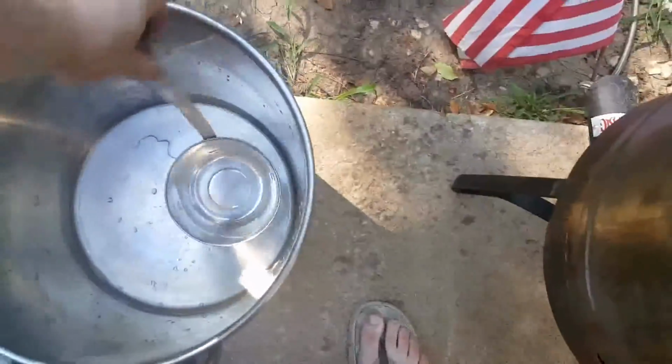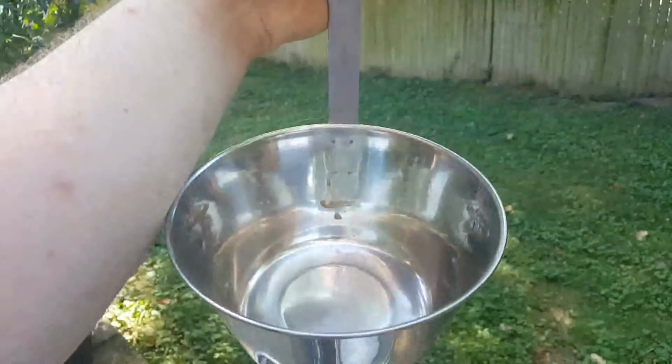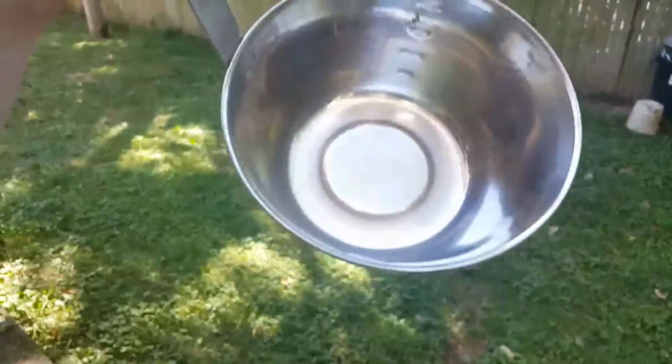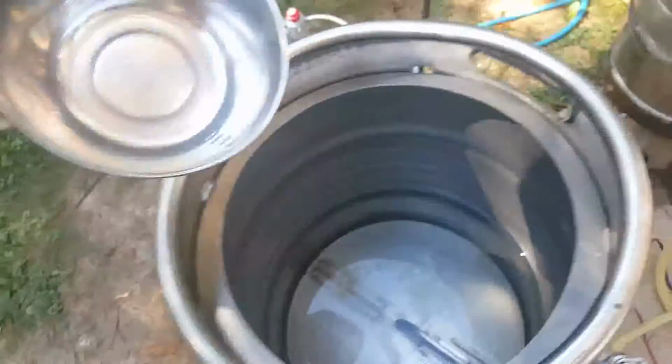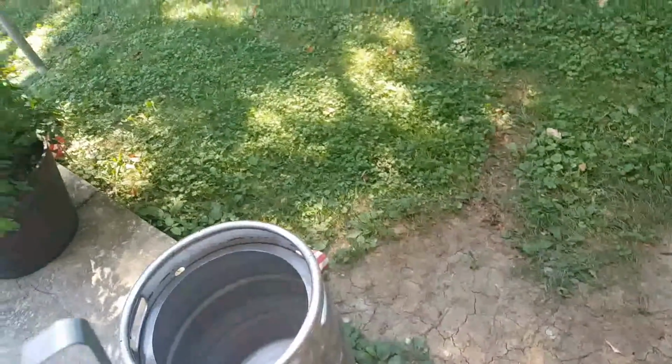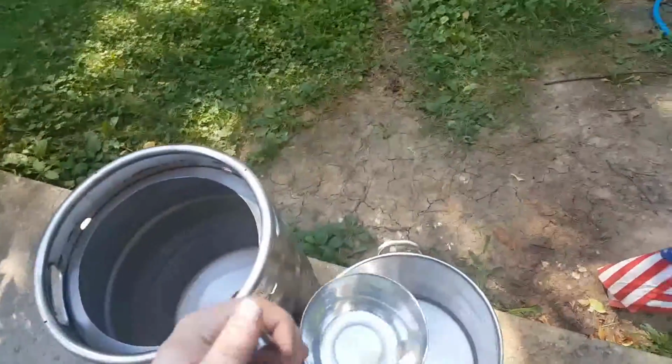So what I use here is a nice little 1 quart ladle, Polarware. I got this on Amazon for like $8. This is perfect because it's exactly a quart. So what I'll do is I'll scoop out my grain, get exactly a quart. You want to get as much grain as you can without the liquid. You want the liquid to stay in so the enzymes can still work on the other